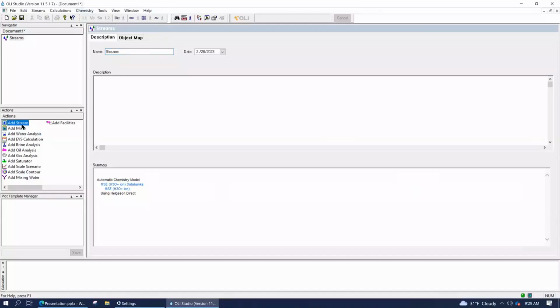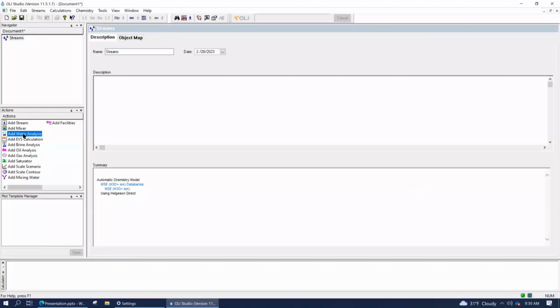Either you have a stream, like I've got 20% sodium hydroxide, or I'll add sodium hydroxide to water, add a 20%. That becomes a stream. Or I've got a water analysis, and that analysis could be seawater. It could be anything, quite frankly. But you have the data from the lab that says I've got so much sodium, so much calcium, magnesium, etc. And now that information has to be put in.